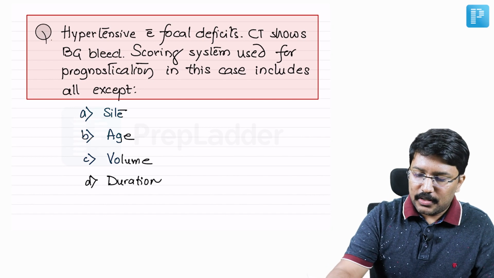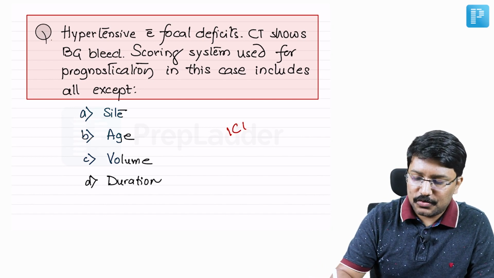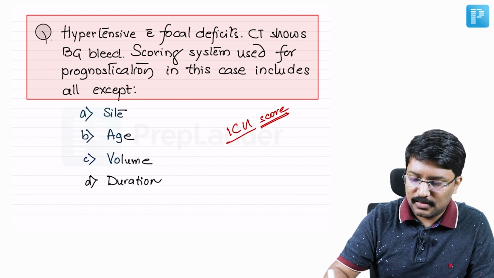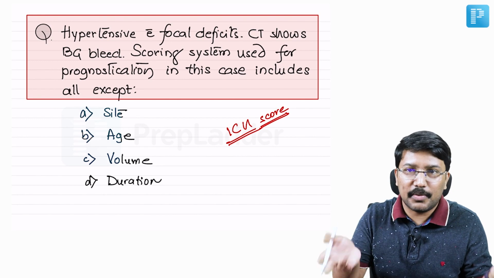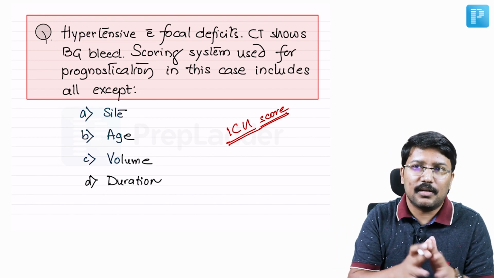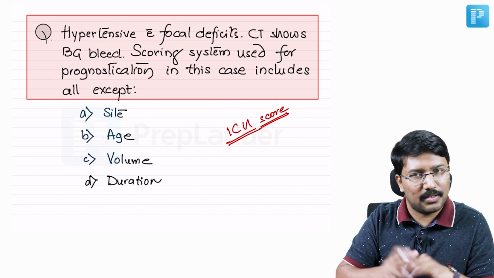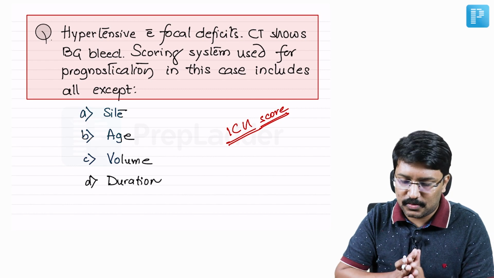So what is the scoring system we're talking about in this question? Intracranial bleed, right? So we're talking about the ICH score. This is there in Harrison. This is something that should be expected even from medicine aspirants, right? So those who are aspiring for the NEET SS general medicine stream, not only concentrating on neurology. It is important for all the medicine stream students, right?